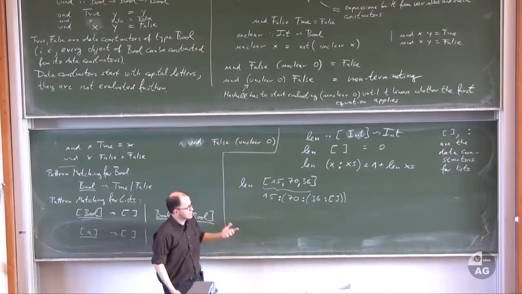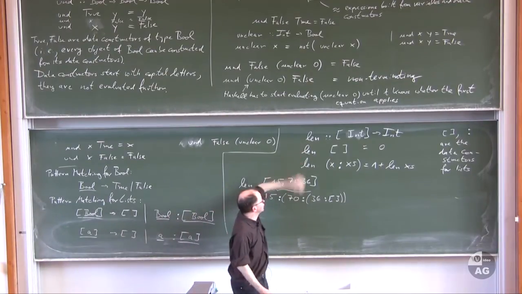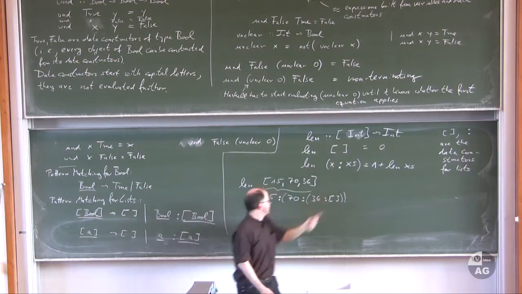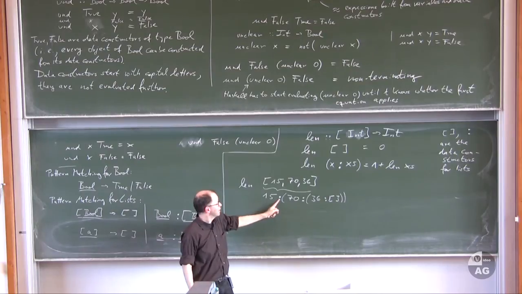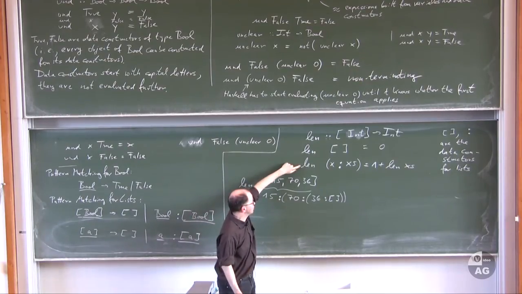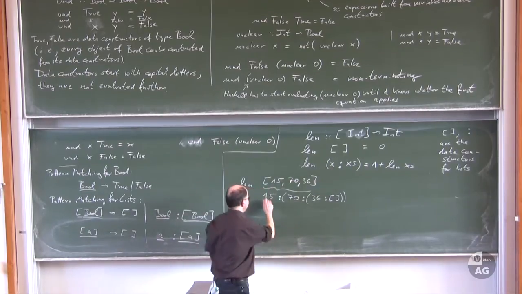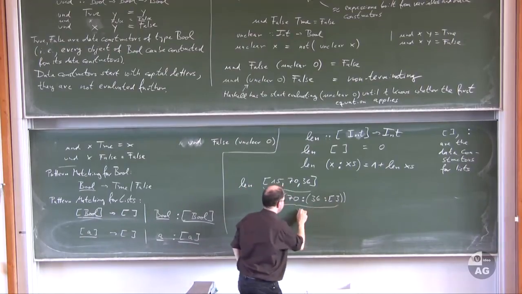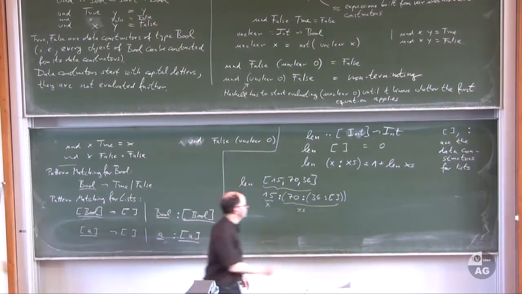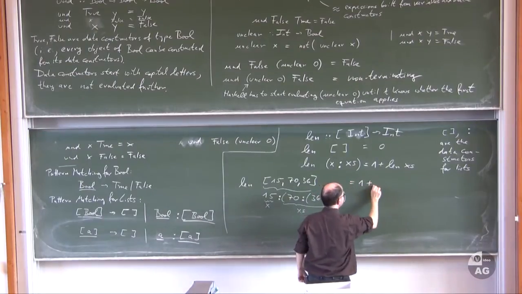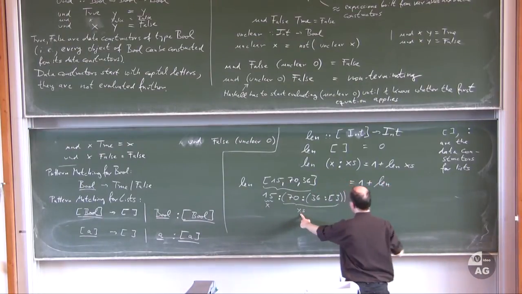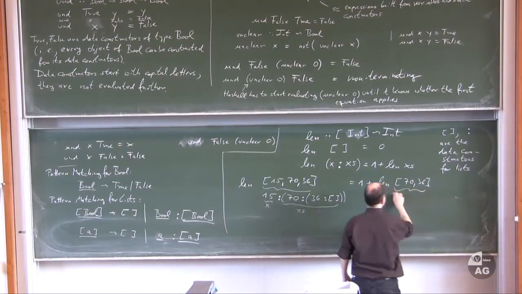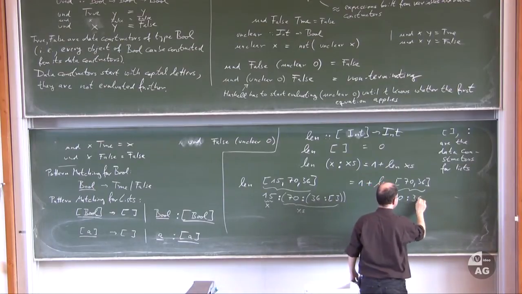And so now Haskell does the same thing. It does pattern matching, and it checks the equations from top to bottom. So it checks, does my argument start with this constructor? And it does not, because it starts with this constructor. And so this equation doesn't match, but this equation matches. And how does it match? Well, x has to be instantiated with 15, and x's has to be instantiated with this thing. And so this evaluates to 1 plus len of x's, and x's is this thing. So in nice looking notation, it's 70, 36, and in real notation, it's 70 inserted into 36, inserted into the